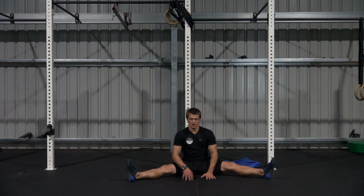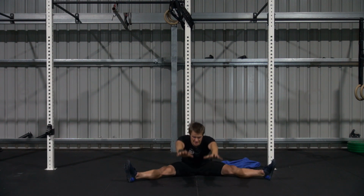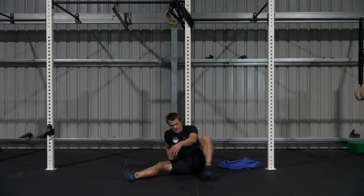Then sitting up nice and tall, reach above your head, breathe in and then breathe out and reach those hands all the way forward as far as you can go. Get a couple of good breaths in, then gently push the elbows down towards the ground. Holding that last part for 30 seconds. Remember to regulate that breathing, relax as much as possible. Holding that stretch. As soon as that 30 seconds is up, you can make your way up to your feet